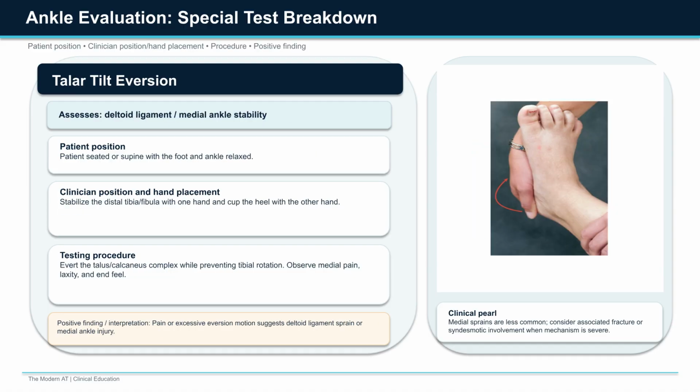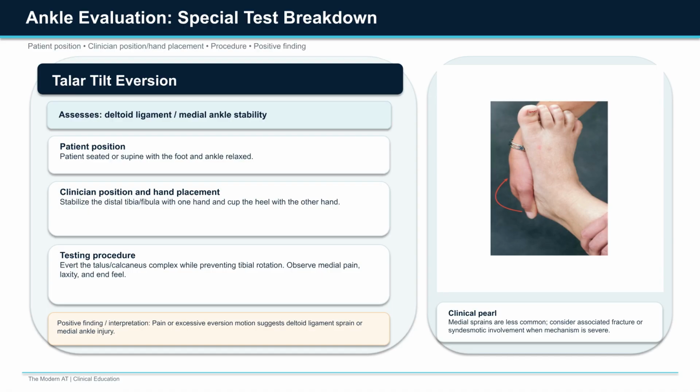For talar tilt eversion, position the athlete seated or supine with the foot relaxed. Stabilize the distal tibia and fibula with one hand and cup the heel with the other. Evert the talus calcaneus complex while preventing tibial rotation. Medial pain, excessive eversion, or a soft end feel suggests deltoid ligament involvement. Because isolated medial sprains are less common, a severe eversion or external rotation mechanism should also make you consider fracture